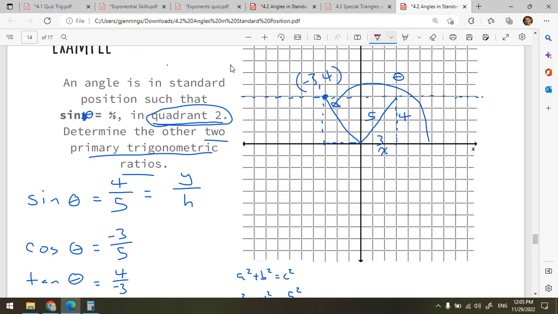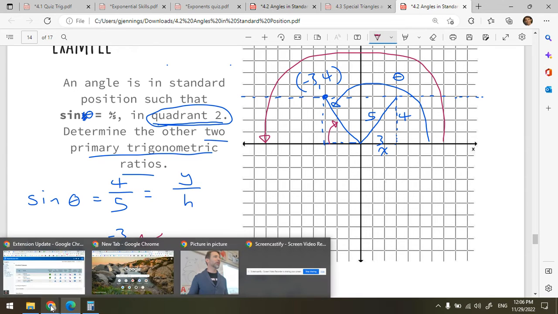Because it looks like this. I would go 180 degrees minus that reference angle to get there. And 180 minus 53, well, that fits my prediction. It's about 127. It's a little less than 135. Cool. But I bet if we use cosine, it's going to give us exactly the angle without us having to